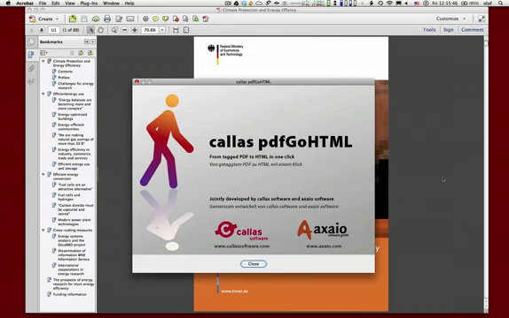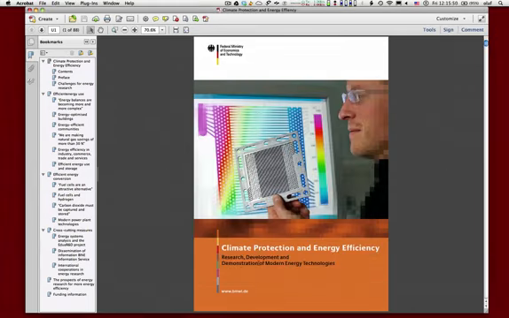So let me close the splash screen, and I have a sample PDF here, and I can convert this PDF to HTML, but I have to say one thing: pdfGoHTML only works with tagged PDF. Okay, what's tagged PDF? A tagged PDF file is a file where on top of the visual information you have logical structure embedded into the file,